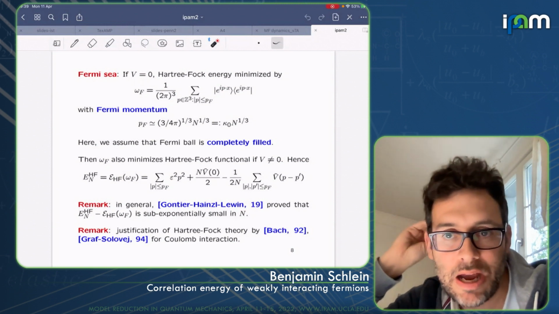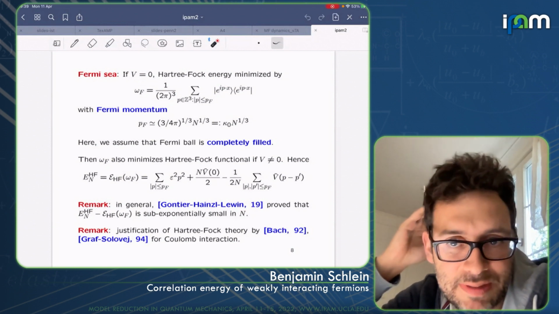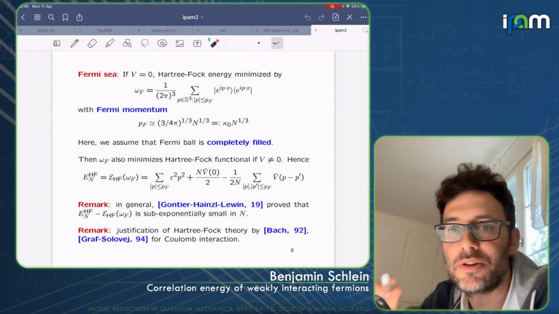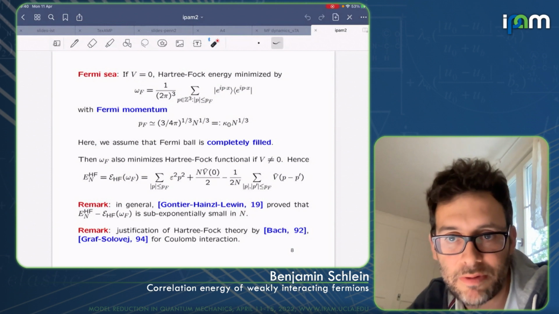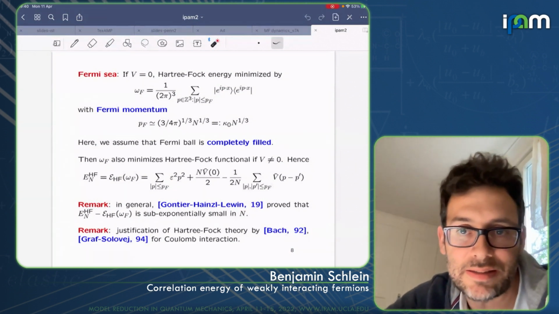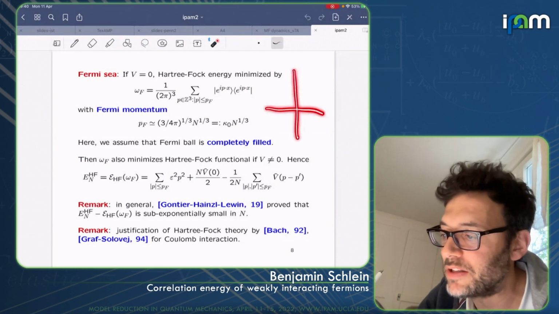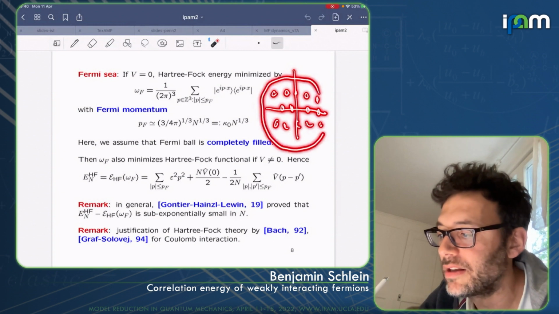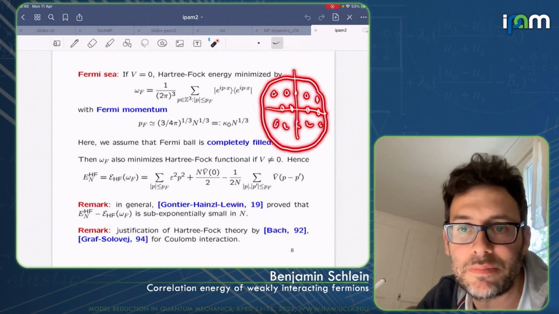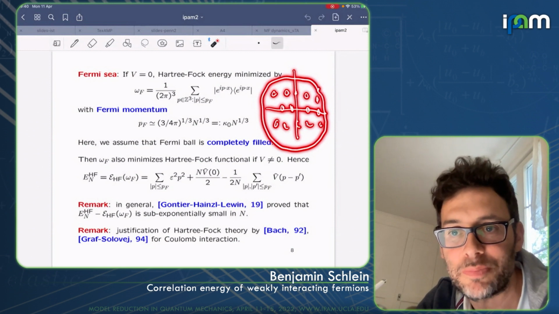Well, then it's trivial, right? How do you minimize the Hartree-Fock energy? In this case, it's the same as the many-body energy. You have different momentum states labeled by p. Since you have to impose this antisymmetry, you cannot put all particles in the same state. If you think that this is the p space and you have states at all these points, then you are going to fill all the states which are inside a certain ball, because that's how you minimize the kinetic energy. That's how you make the kinetic energy as small as possible.